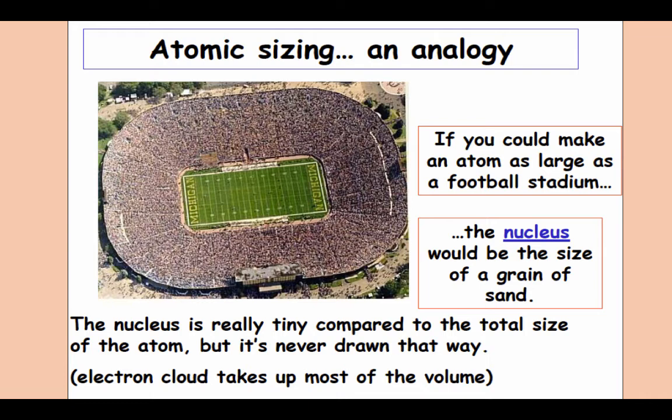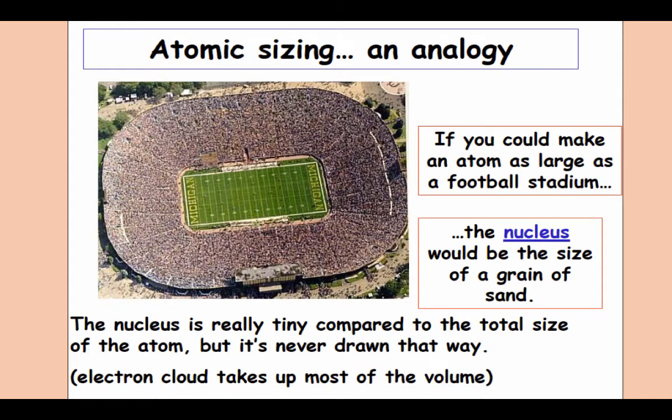The nucleus is tiny, and the majority of the atom is made up of empty space. The electrons are outside of the nucleus, and they're flying around doing their thing outside the nucleus, but the majority of the atom is empty space. And so the majority of the volume of the atom is where those electrons are in what's called the electron cloud